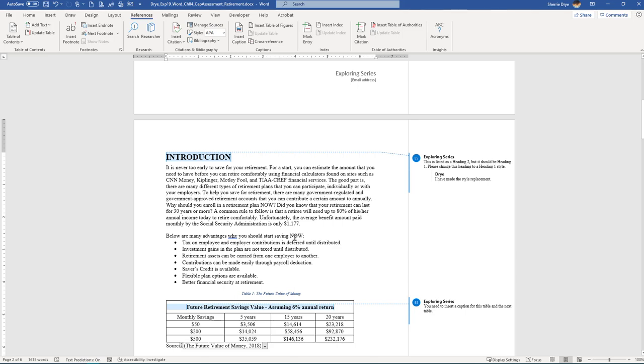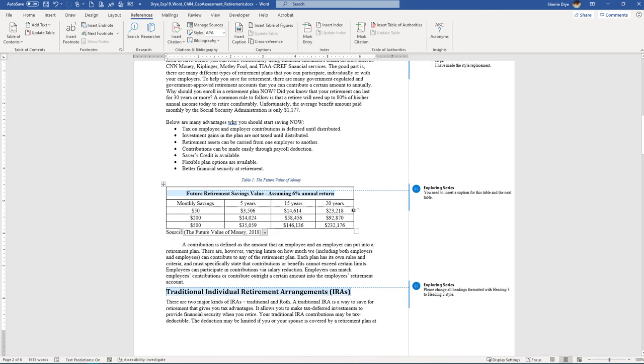So in step number 11, we're going to insert a footnote on page 2 at the end of the table, and at the end of the table heading in the introduction section. So that's the table right here, and it wants you to add the heading to the end of the title of the table. Okay, so if you were looking at your PDF solution file, you would be able to see sort of where it wanted you to insert that information, but it is right here at the end of that heading in the